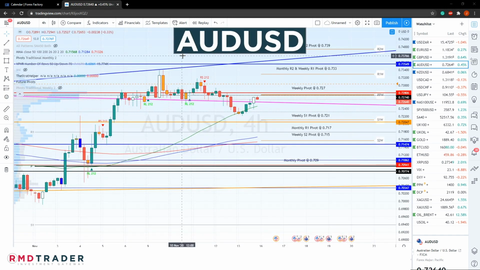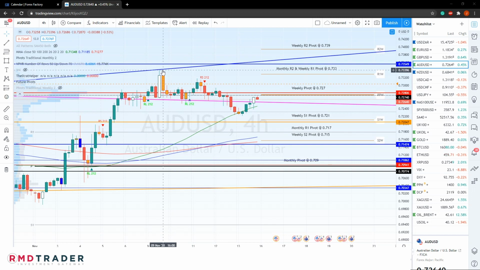Looking now at the Australian dollar to USD. Last week saw price briefly tagging our bullish target at 0.733. That is the monthly R2 pivot, after which it mostly just continued to consolidate on top of this major diagonal support in this case. From there, we can see that price then closed right below what is our new weekly pivot at